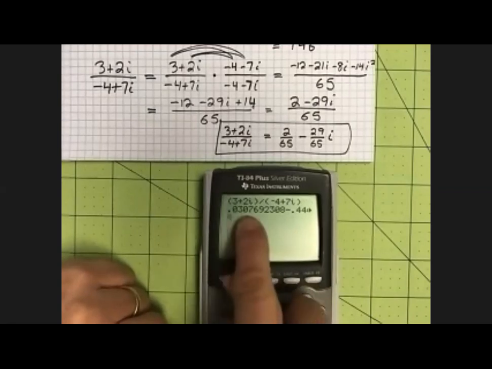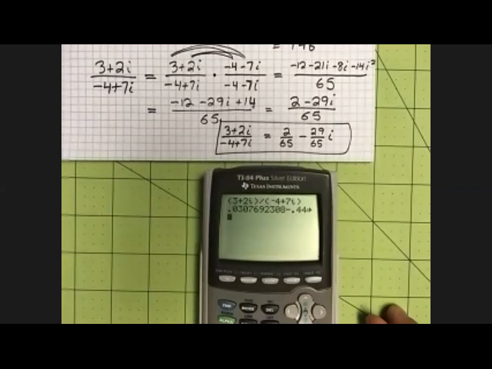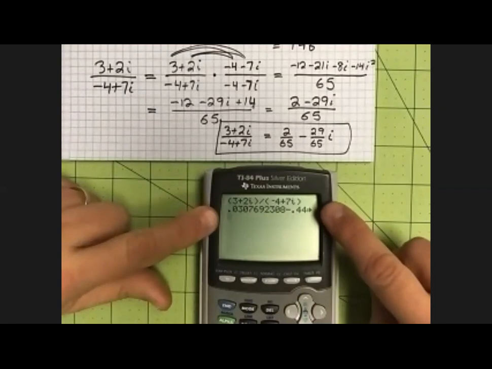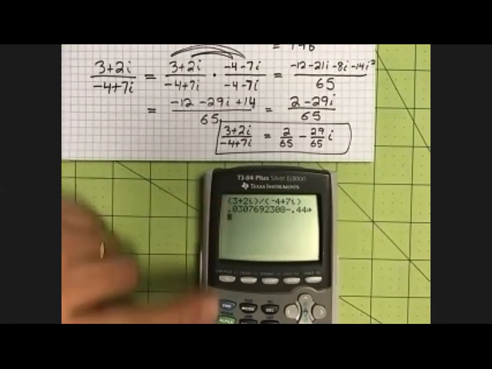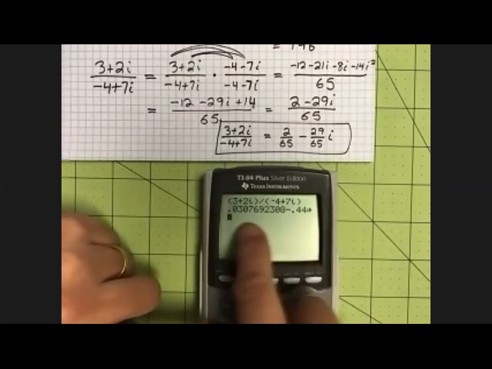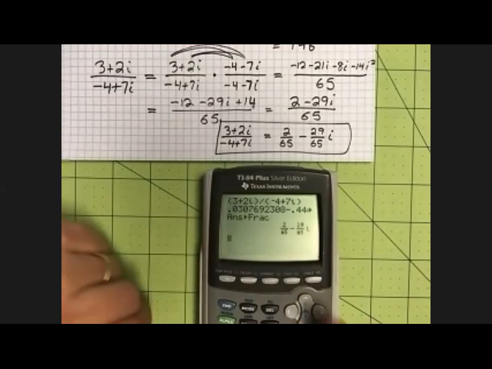And I get these crazy decimals. And you say, aha, I got him. Where's your answer? 2/65 minus 29/65. Well, remember, the calculator naturally thinks in decimals, right? You can ask the calculator, can you convert that to a fraction for me? And the calculator says 2/65